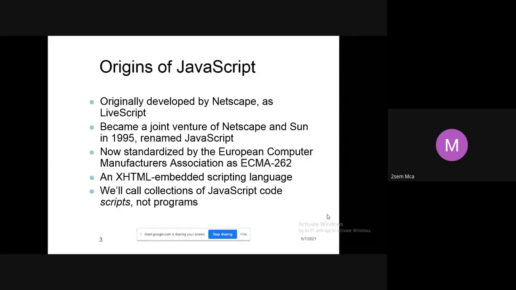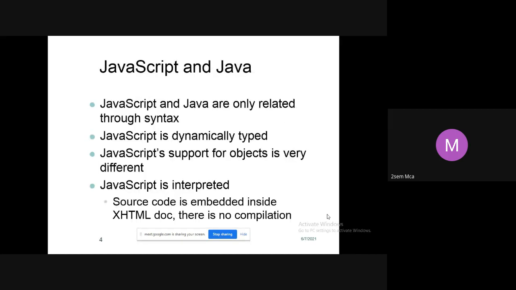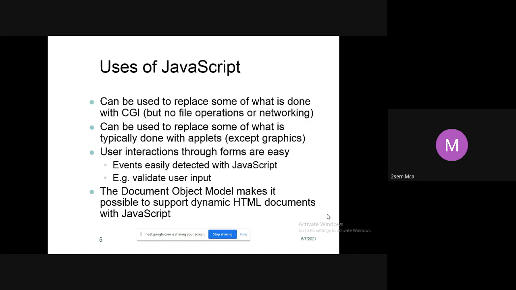So in the last class we have seen how JavaScript originated, who developed it, what the first name of JavaScript was, and what the difference is between Java and JavaScript. Because when we hear Java, Java is a programming language which we know, and when we hear the word JavaScript, we feel that both are the same. But what the differences are between Java and JavaScript, we have seen in the last class, and